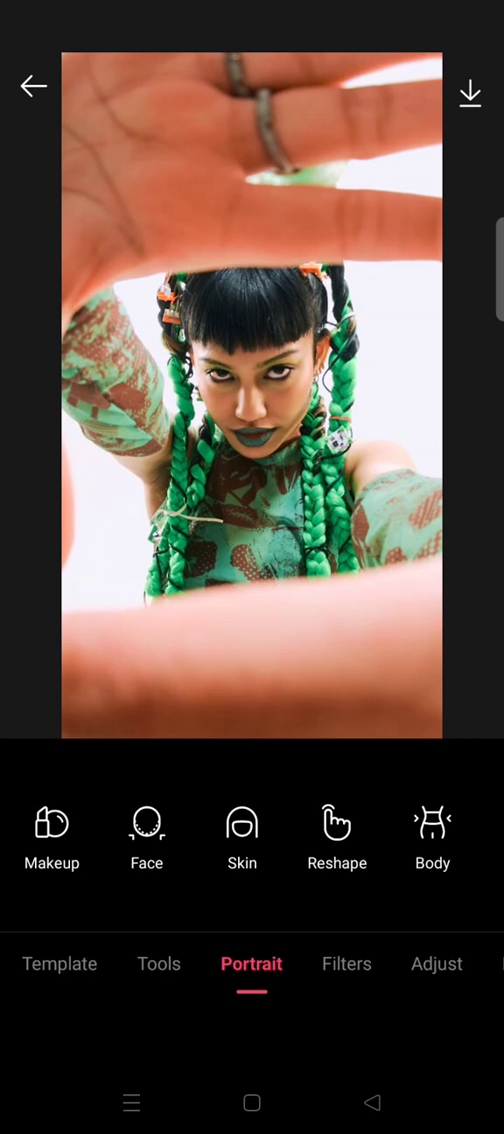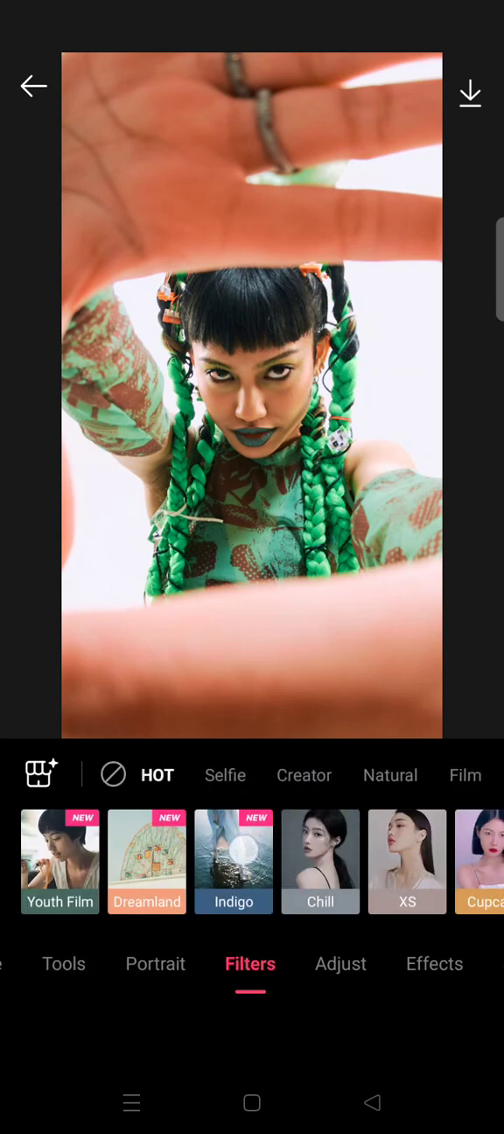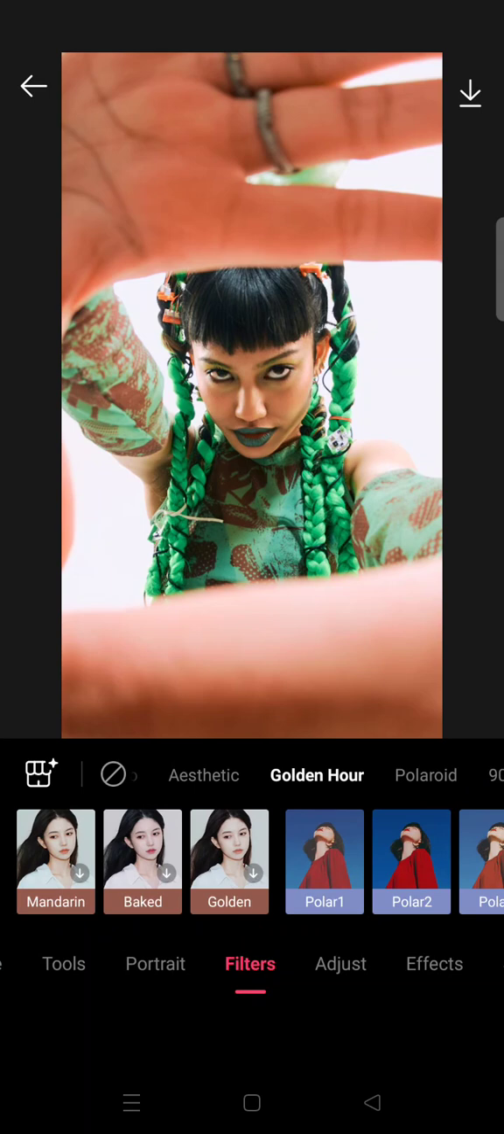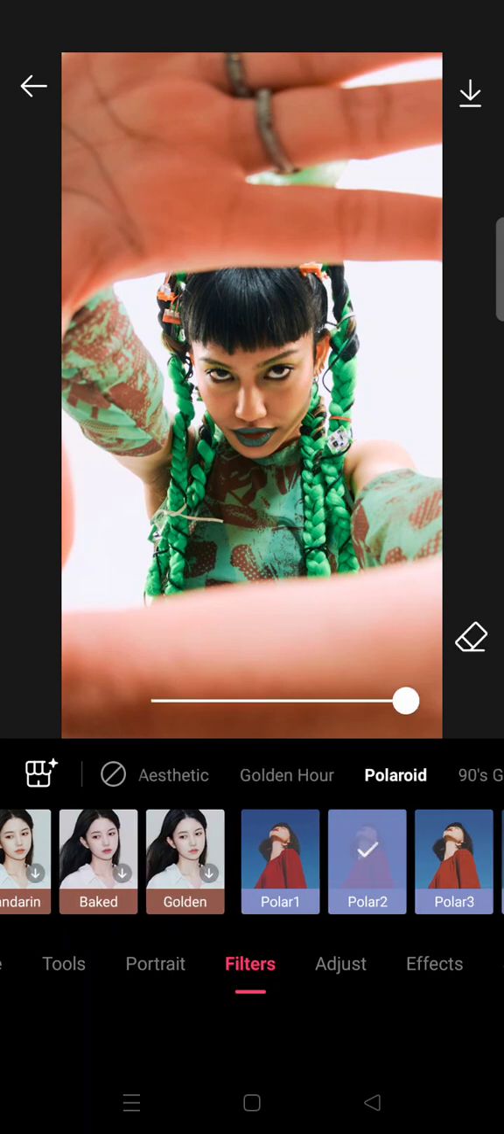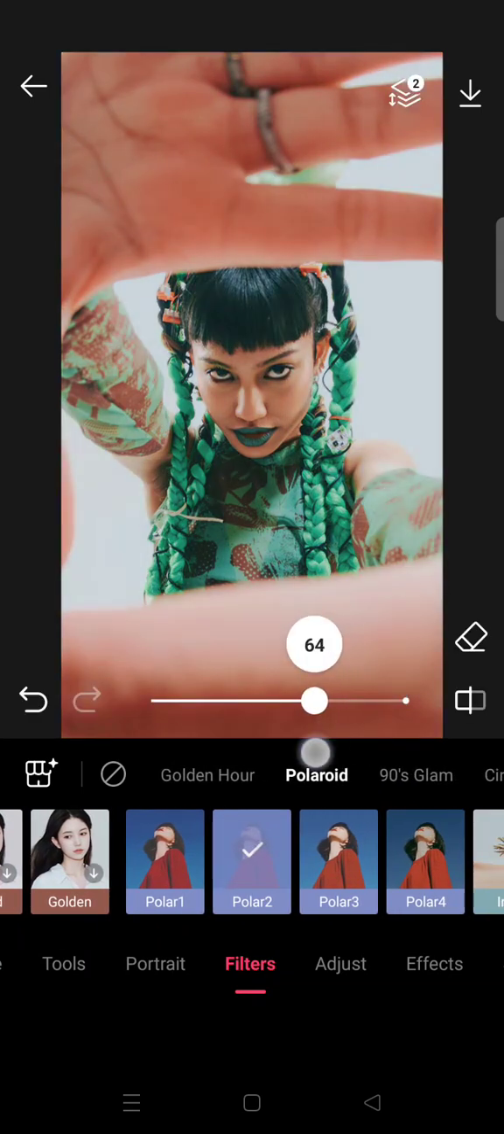On today's video, I'm gonna show you how to edit a grungy film look photo in EPIK Photo Editor. So first open your EPIK and then import your photo and then go to filters and find golden hour, this one, and select polar 2. This one's right here, adjust it into your liking, and next go to effects